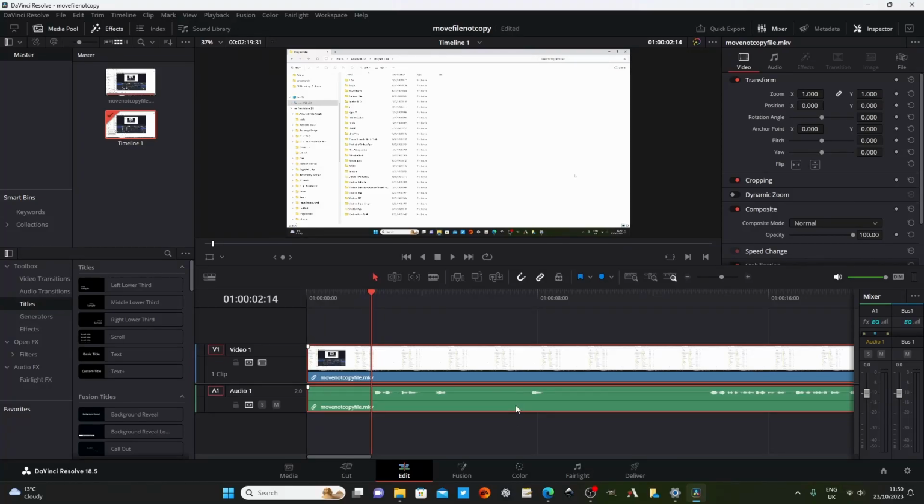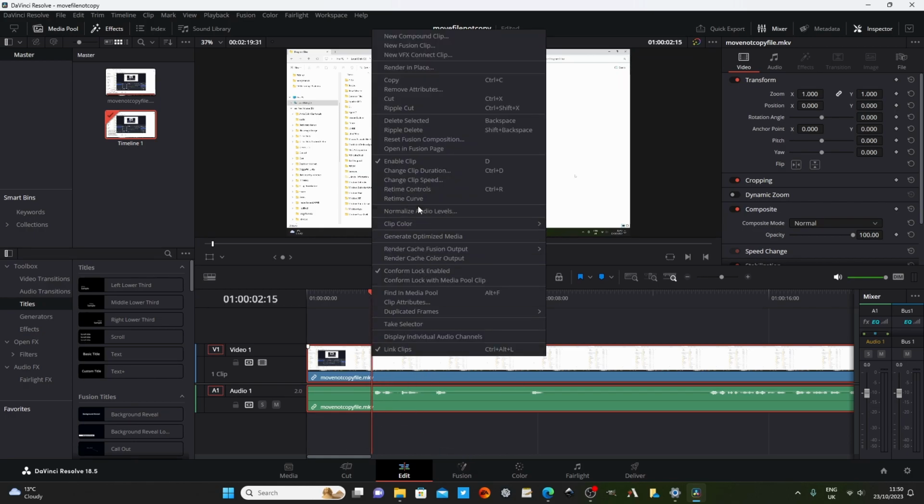Before I updated DaVinci Resolve, I used to be able to split clips by going in the Edit tab at the bottom, selecting the clip, right clicking, and there used to be an option in here called Split. Now it's no longer here. I don't know where I would find it, but I did find a keybind,